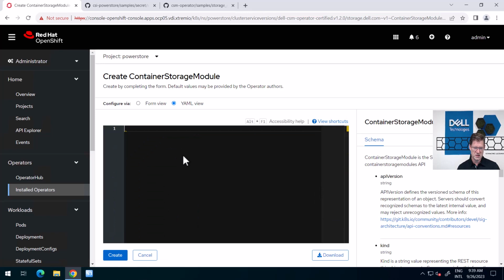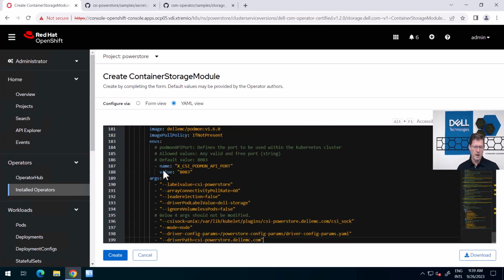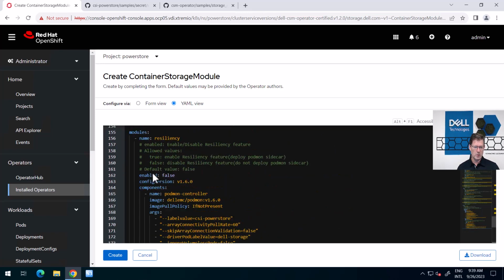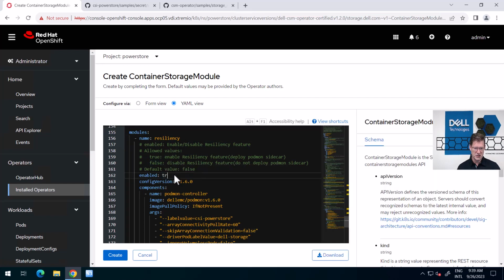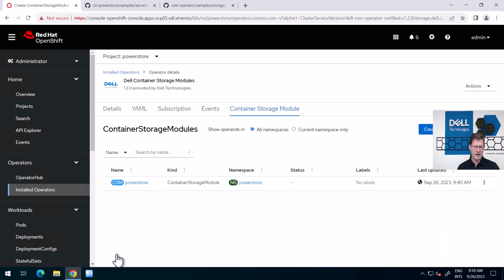So I'm going to use the same CRD I used before, only now I'm going to look at the end, and I can see that here, for example, there's this resiliency module. So that's a CSM resiliency module. By default, it's not enabled, but I can just enable it, set it to true, click create, and again, I'm